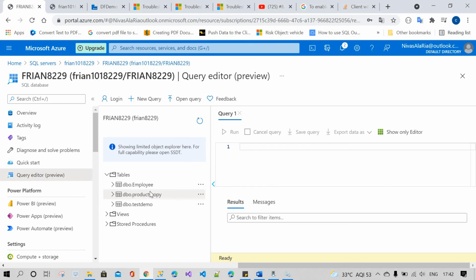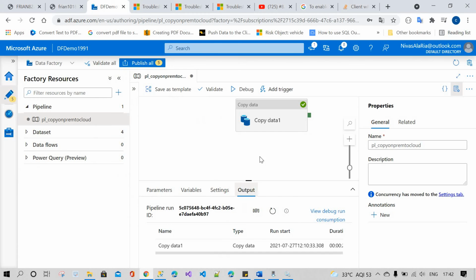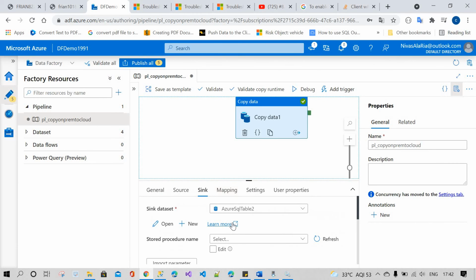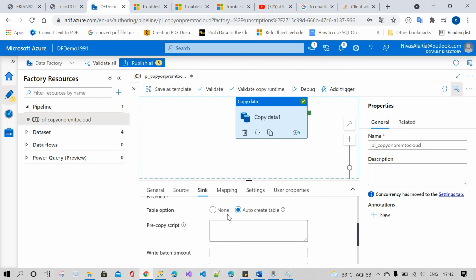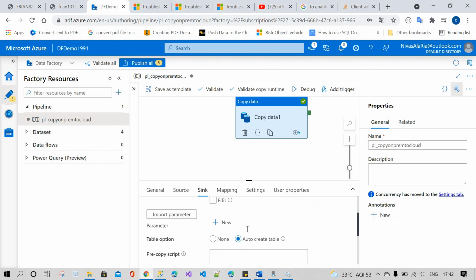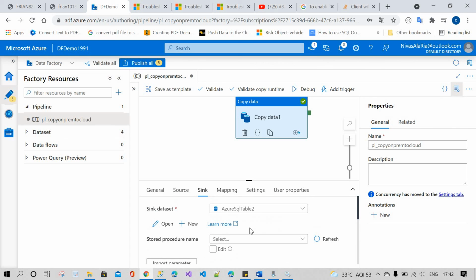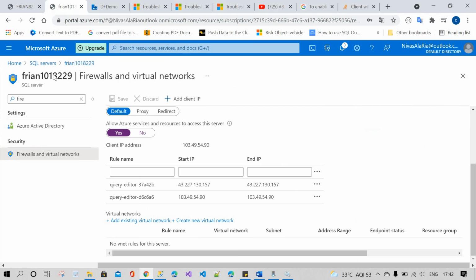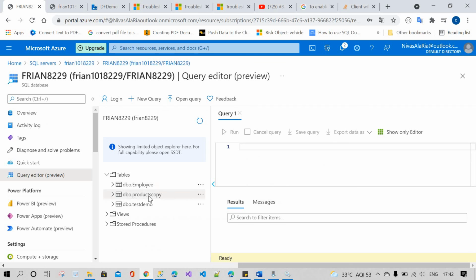You can see the name we gave, products copy.